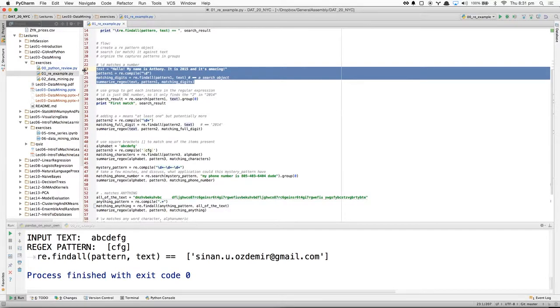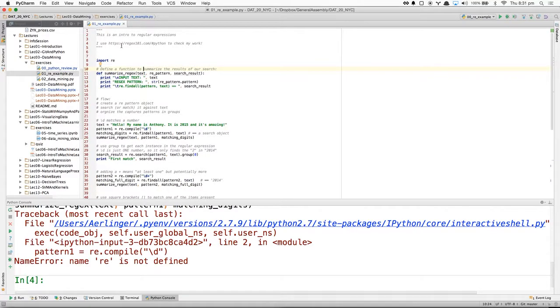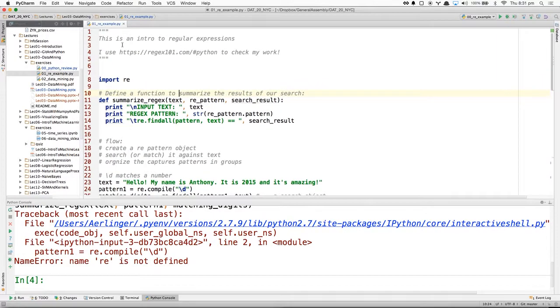Try changing things within the string and seeing what you can break and what you can allow to work.